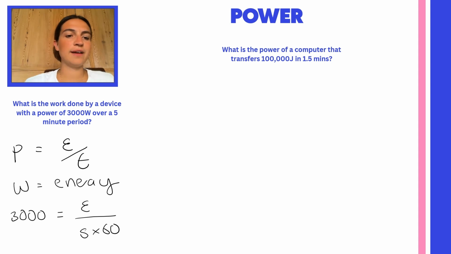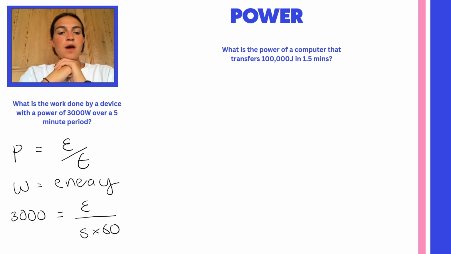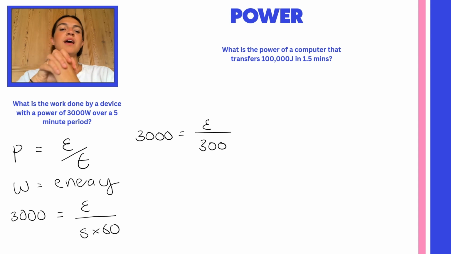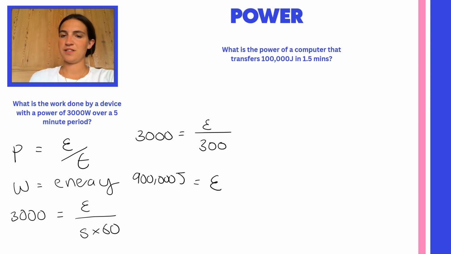So I can plug in 3,000, my power, equals energy over time, but I need to make sure that time is in seconds. So that's why I've got that 5 minutes multiplied by 60. So we have 3,000 is energy over 300, which if I multiply by 300, I get my energy to be